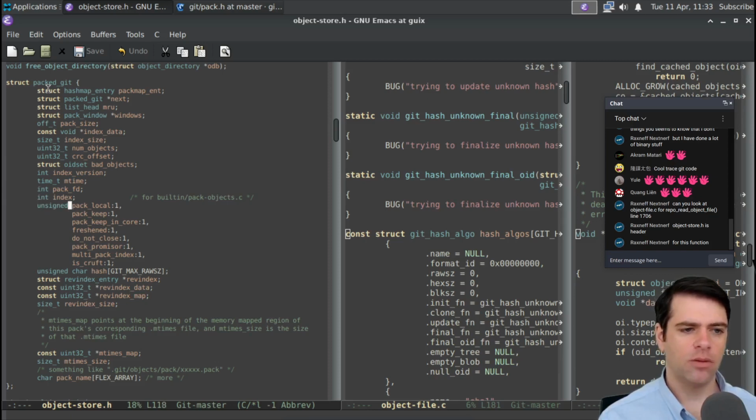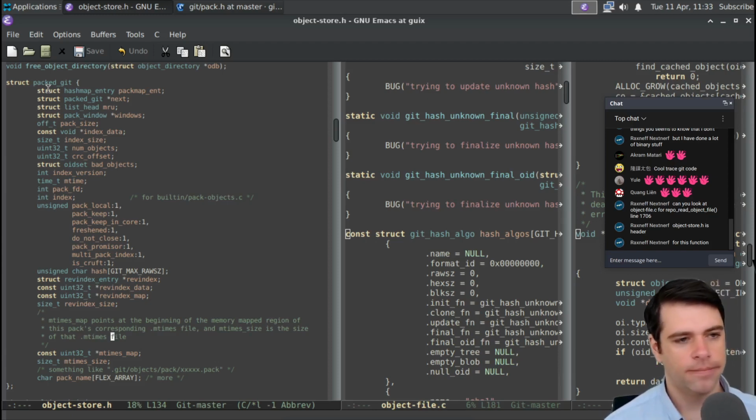Pack local, pack keep in core, freshened, do not close, pack promisor, multi-pack index, and is cruft. Then we've got a hash, which is get max raw size, and I guess revision index data, revision index map, and revision index size. Then an mtimes map, which points to the beginning of the memory mapped region of this pack's corresponding mtimes file, and mtimes size is the size of that mtimes file. Maybe this is like time data associated with the pack,